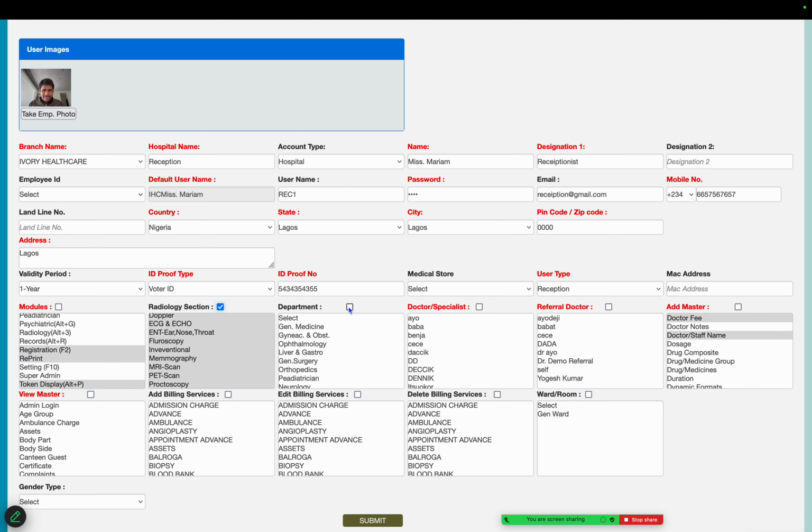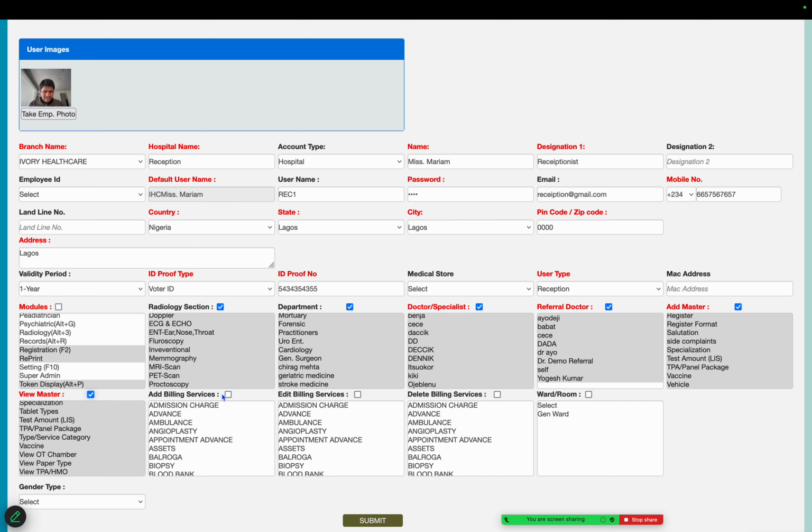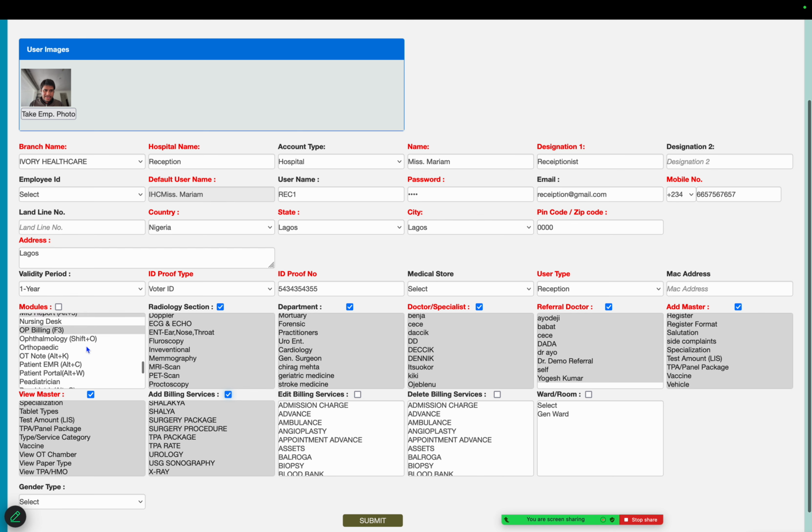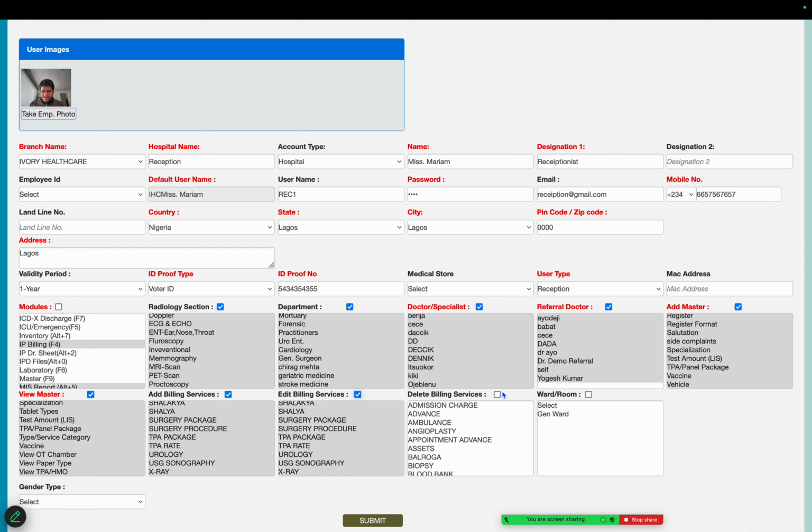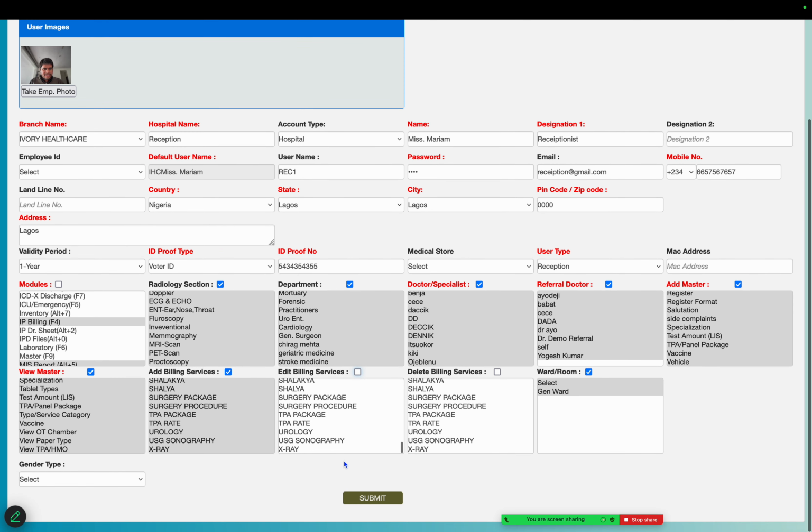So all departments, all doctors and referral doctor permission we can allow him, and this way they do their service requests. But we did not give him super admin or admin permission, to prevent editing or deleting of any entry performed by her. So in this way we are not giving delete service, not giving edit, just giving add services. If needed, the administrator will be able to modify the respective entry of the patient, and we just save and print.